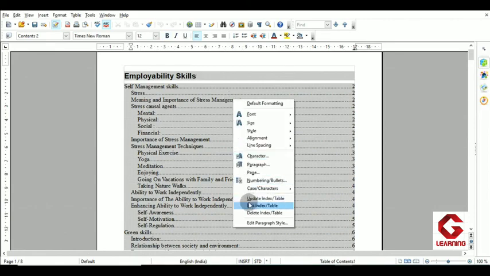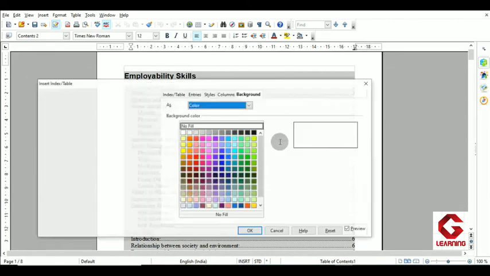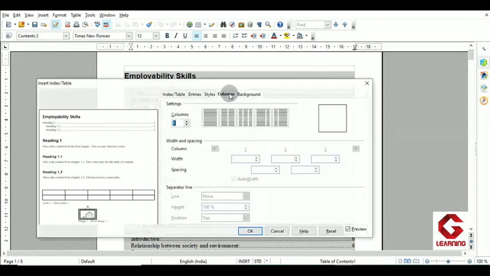So right click, edit option, and here columns tab, and in the columns tab we can mention here numerically how many columns we want in table of contents, and directly we can select from here also. And if we want we can change the spacing between 2 columns. So I am increasing from here, and this much is done, and now okay.